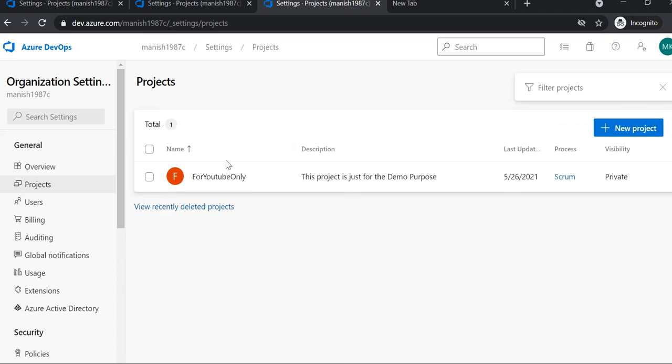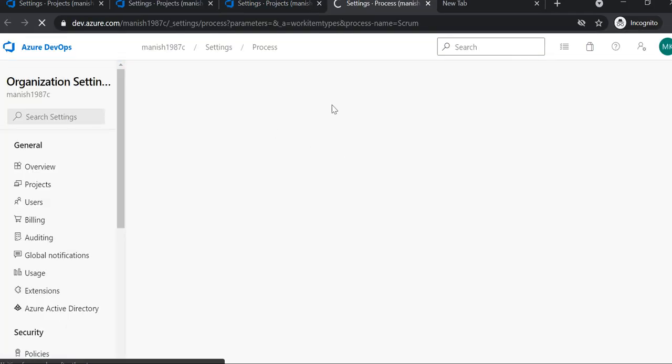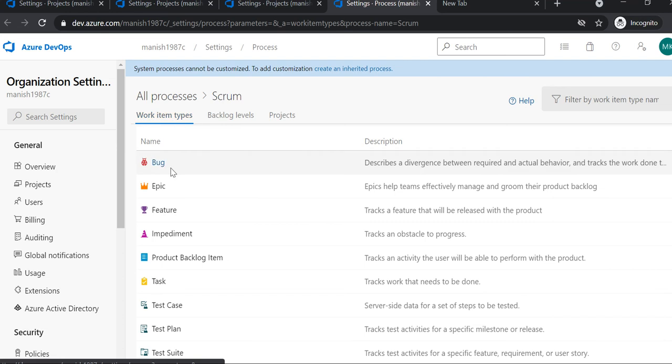If I switch back to my project, in the settings option you will see the default work item types. In the Scrum process you will see epics, features and PBIs. An epic is basically a high-level task which needs to be groomed. It is the parent task, you can say.